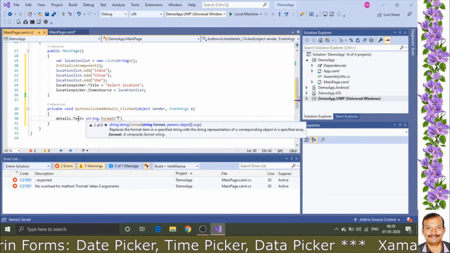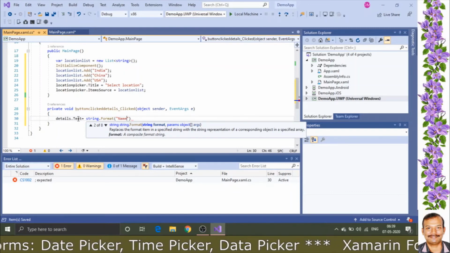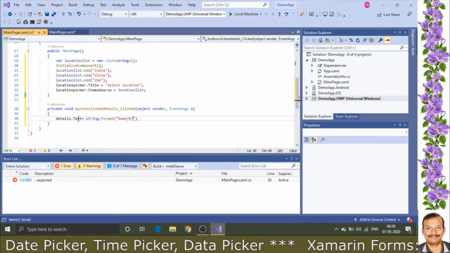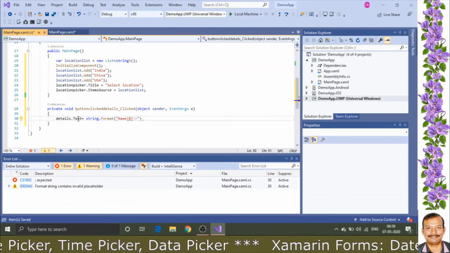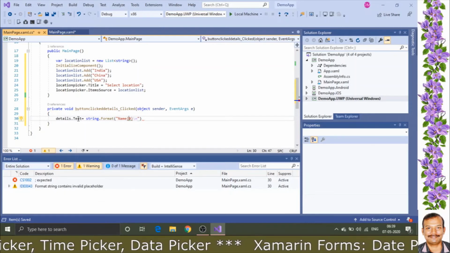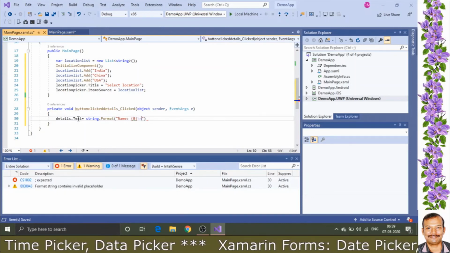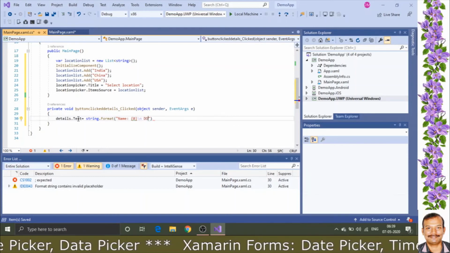Just give the way in which you want to format the output. So I'm just giving some formatting as per my requirement. You can give according to your requirement. Then date of birth.